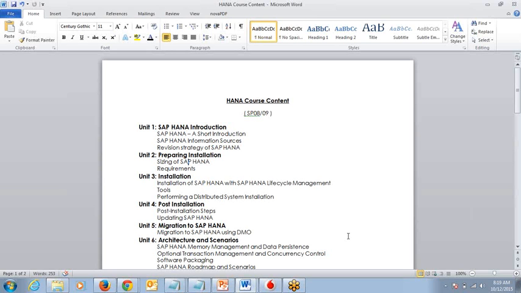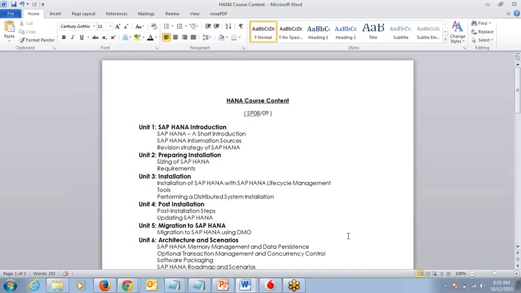And also my focus more here is to make you an architect, not a consultant. A consultant just does the job and leaves the office. But being an architect, you should be able to plan and manage the whole HANA landscape. That is what I am trying to focus on, I am trying to give the best. I'm not saying I'm giving 100% of everything. Why? Because in some areas HANA is not yet stabilized, and because of remote server access, we can't